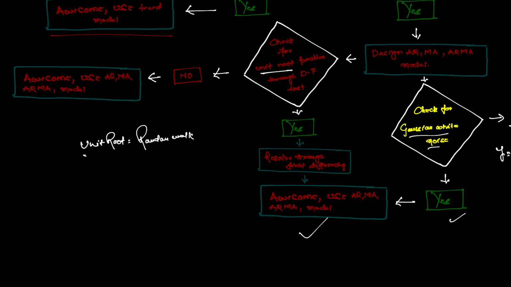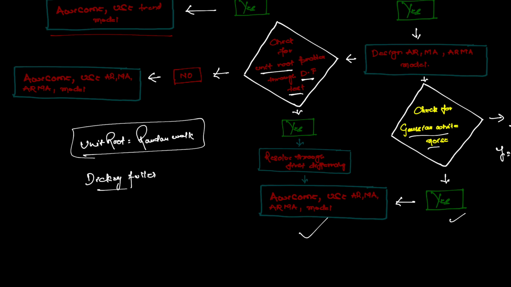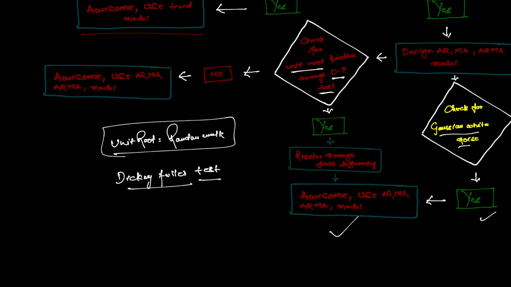They are related. You will check for unit root with the help of Dickey-Fuller test. What test? Dickey-Fuller test. And if there is a problem of unit root, then yes, your mean is what? Infinite, because